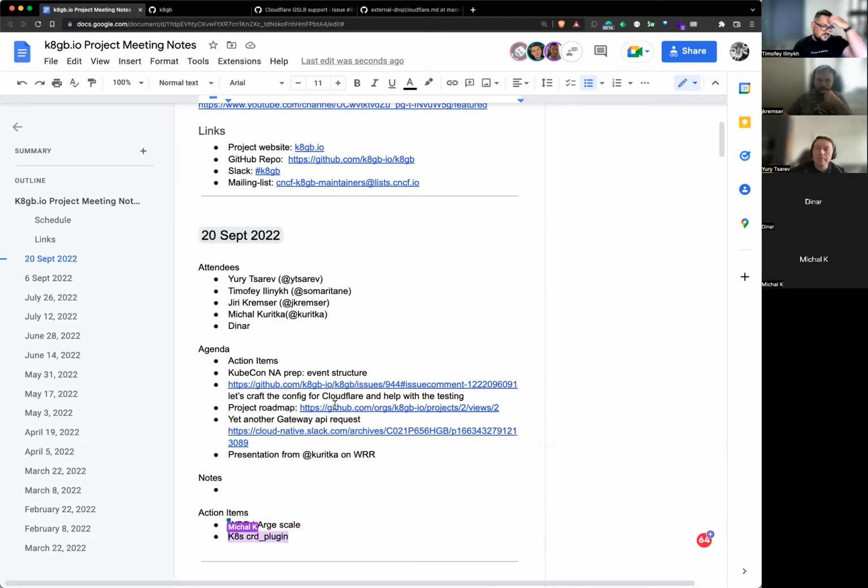Okay, so I guess we went through action items. About the KubeCon October preparation, do we want to discuss event structure, or do we just copy how we used to have it? Any ideas on that? Well, we definitely should update on the new stuff from Michal, right? Weighted round robin. It seems to be a very cool project update. The project load balancing gets much smarter, so it's definitely worth covering.